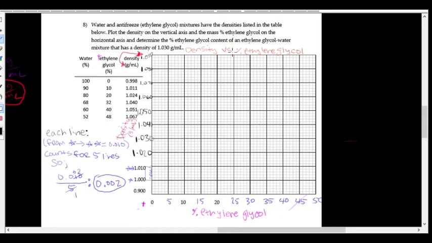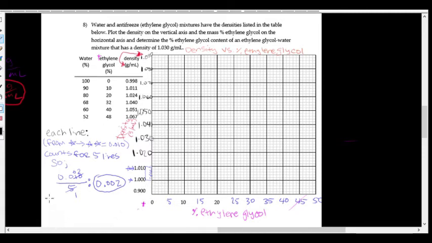Yes, and I think that's about it, right? Yeah, and then determine the percent ethylene glycol of an ethylene glycol water mixture that has a density of this bad boy right here. And remember, just like always, we're going to go ahead, we're going to plot everything first, and then we're going to answer the question. So